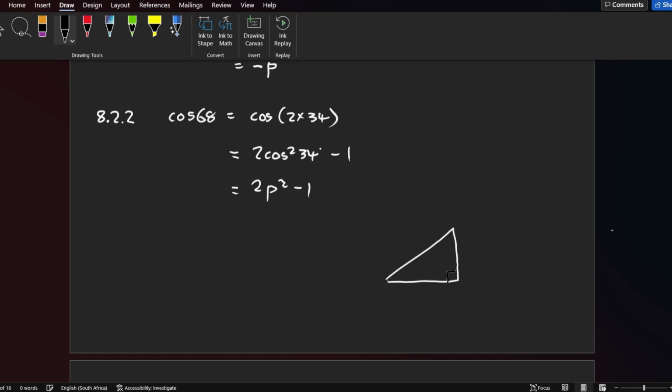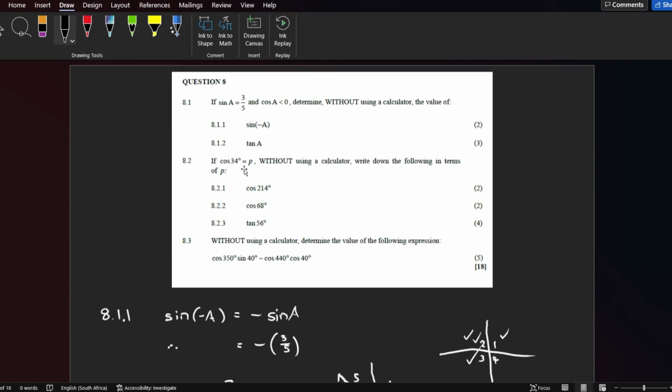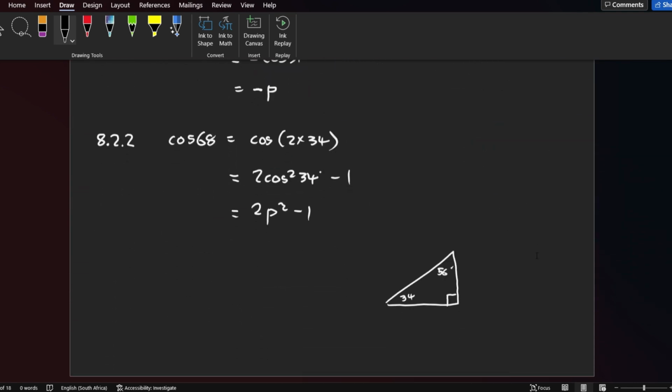Okay, so we have one right angle, we have one angle 34, and filling in the last angle using the sum of angles in the triangle, we see that we get that to be 56 degrees, which makes our life easy. Because we know if we want the tangent of that angle, we simply have to determine the opposite side all over the adjacent side. And based on the fact that they told us that cos 34 equals p, we know cos is